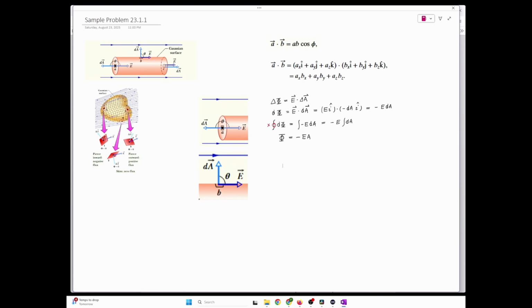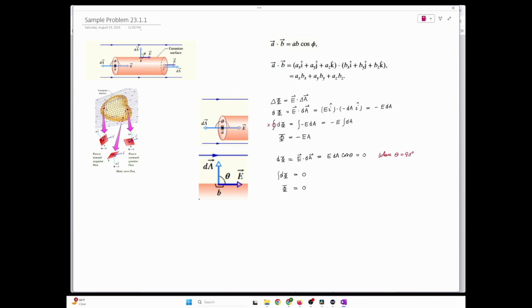Incidentally, we can also conclude that whenever we have two vectors that are perpendicular to each other, the dot product between them will be 0. Finishing the integral just like before,